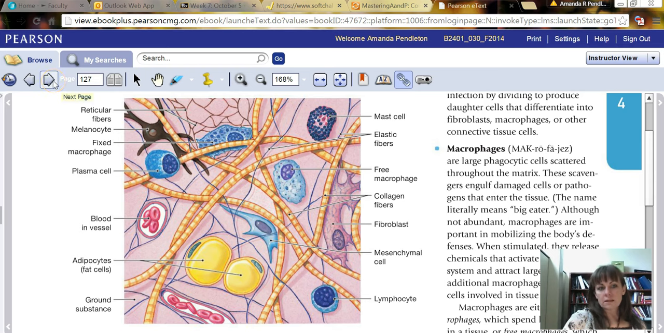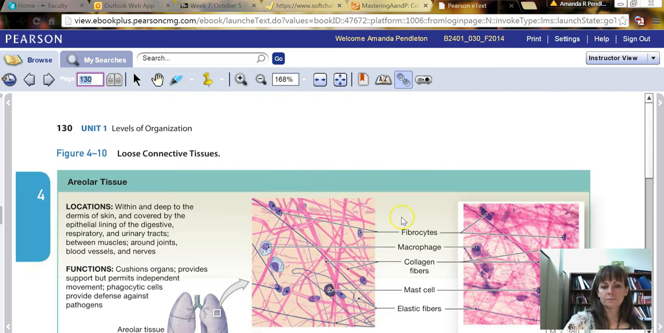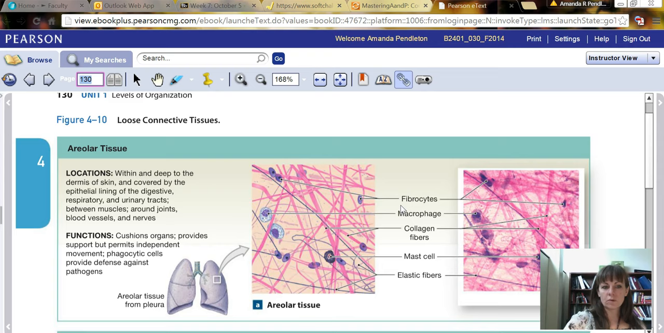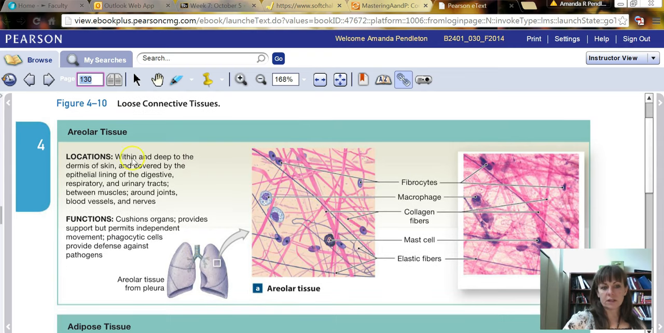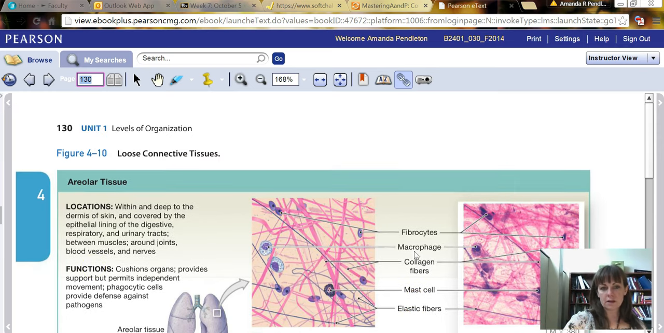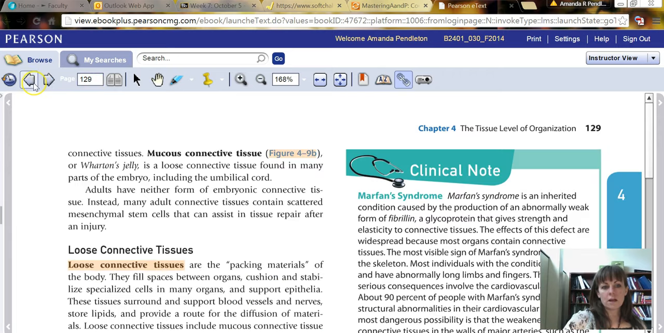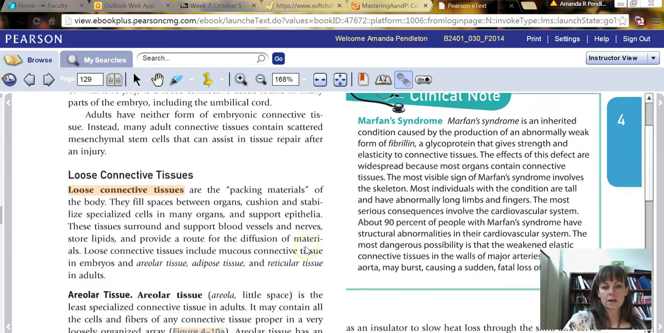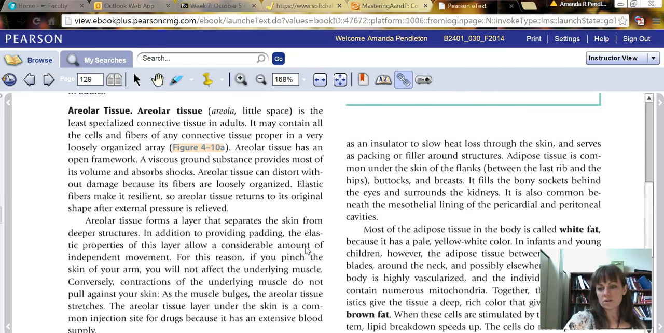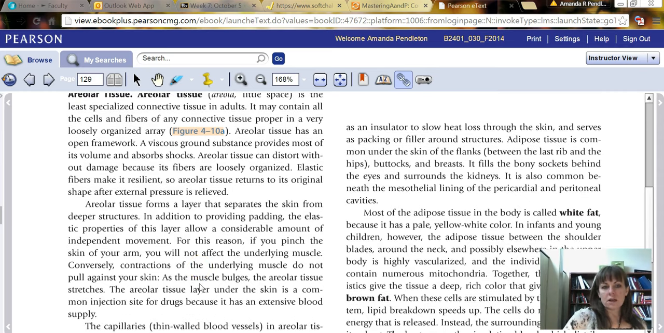But let's say that we want to know a little bit more about a specific type of connective tissue. Well, here are some other figures. They can give us its locations, and they can give us some of its functions. So this is an excellent place to look for that. Okay, and then another place that you may want to look is, once you've looked at some of those figures, go through this text and skim it until you see